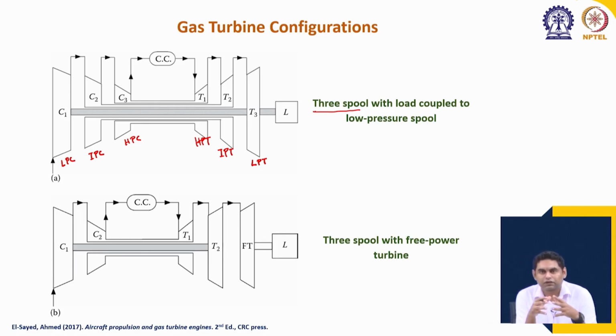Later, after a few classes, we will start discussing jet engines. There we will see that various types of configurations are present for jet engines also, because they have more devices and more variations in design. So, more variety of designs is present. We will discuss those, but for industrial gas turbines these are the main designs, and solving a problem again